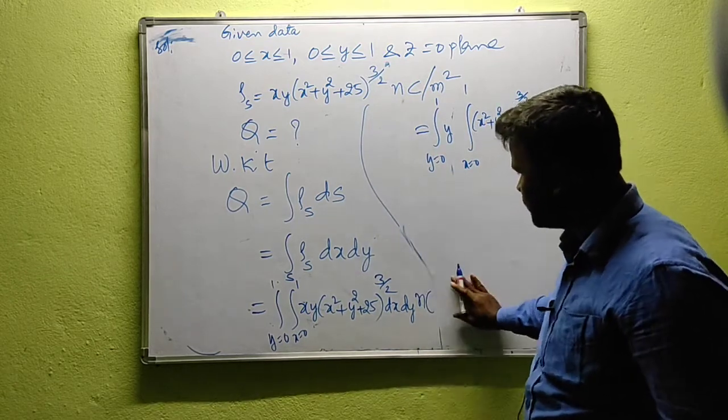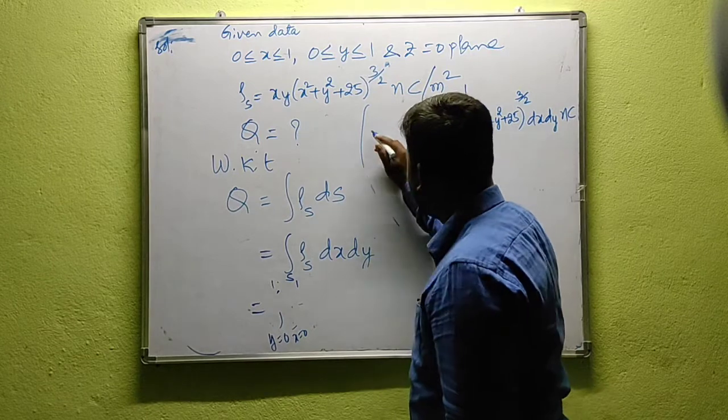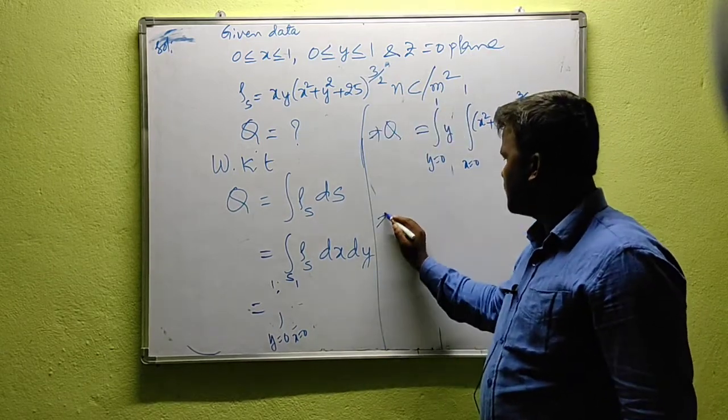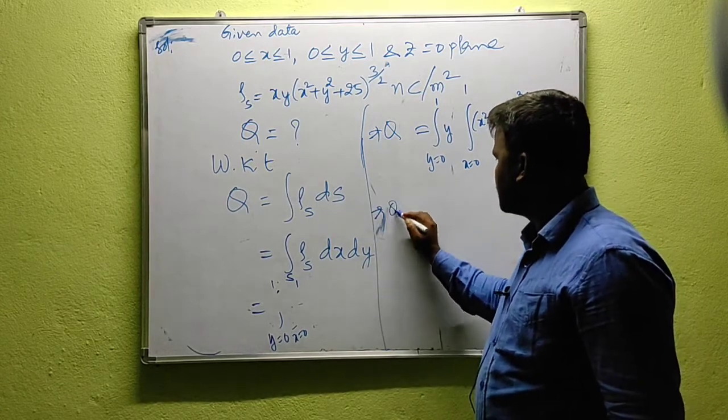Okay, or else remove this part. Okay, now go for this. That is what it is. Q implies like this. Now we can write this thing like this, that is q equal to